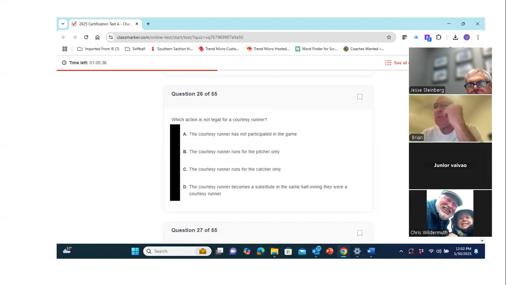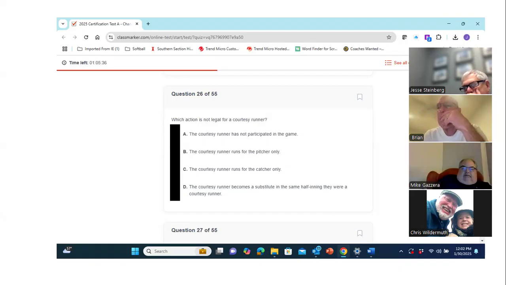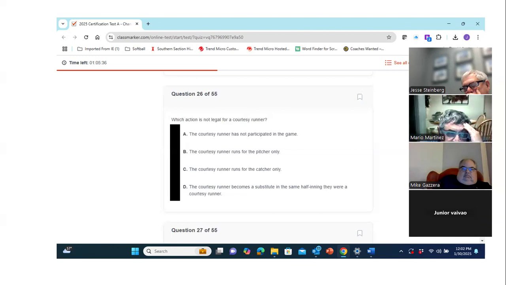Okay. Those are words out of the book, so use that when the coach comes out. Now, what's one of the two other restrictions? We won't say that they can only run for the pitcher or catcher, but what's the other restriction on a courtesy runner? If they've already participated in the game, they cannot be a courtesy runner.